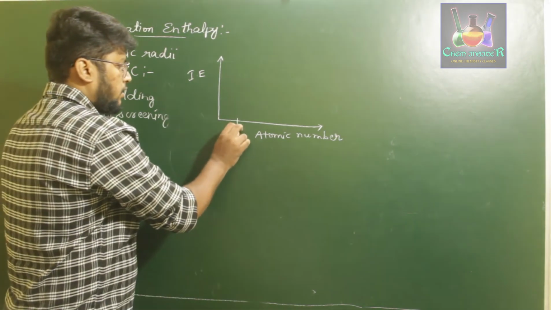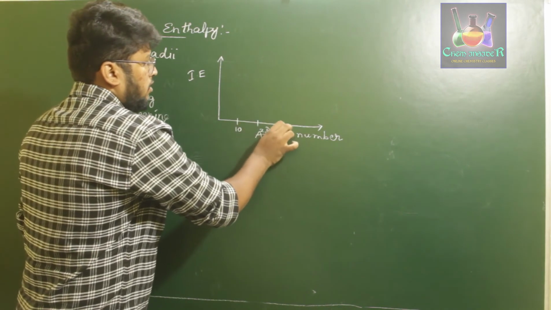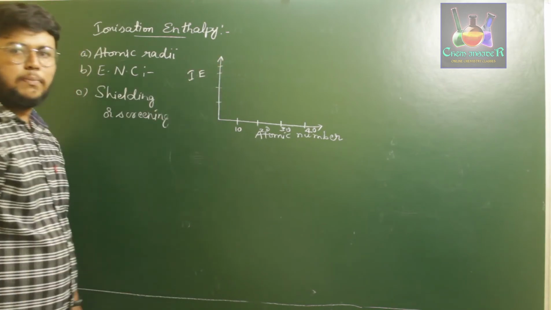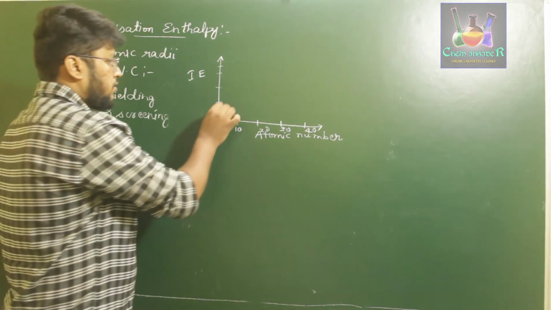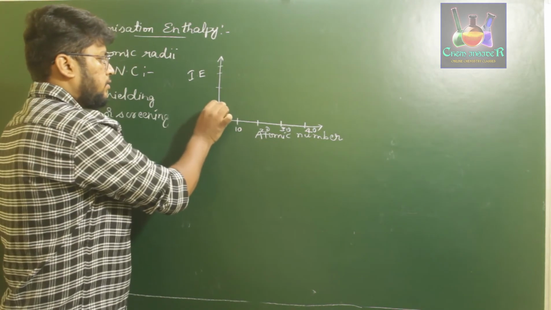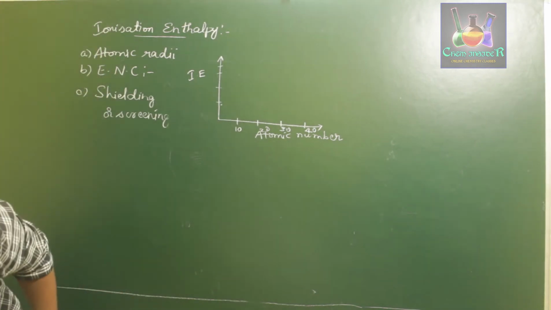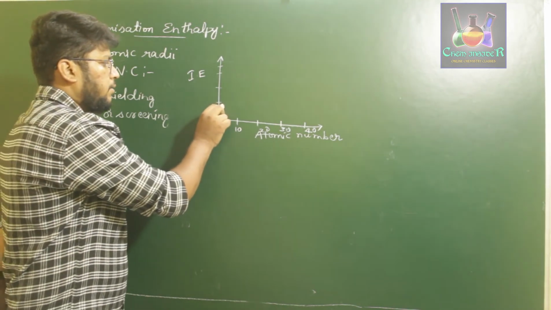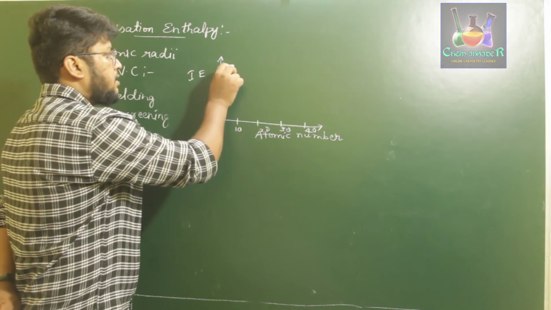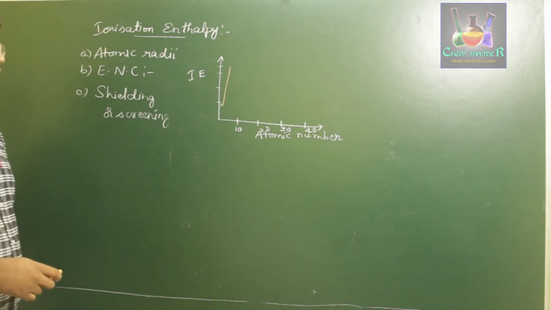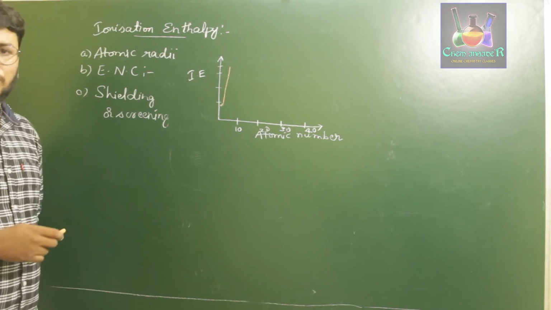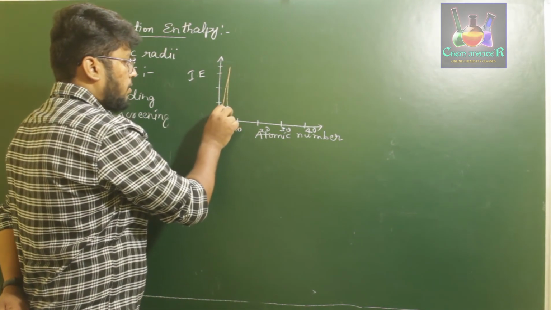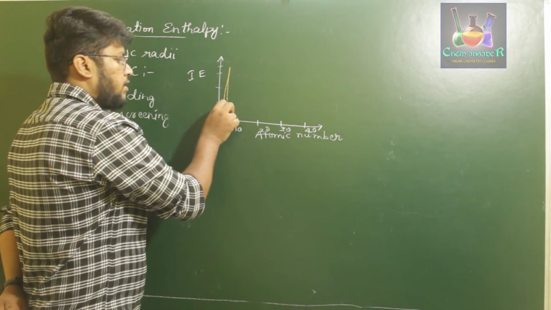Okay, so let us say this is for 10, 20, 30, 40 and ionization enthalpy of certain variable ranges. What happens is the ionization enthalpy of hydrogen is very less. Okay, somewhere around here, ionization enthalpy of hydrogen. Let us mark it with a different color. Okay, so ionization enthalpy of hydrogen will be somewhere over here, and that of helium will be very high, because helium has a very stable electronic configuration of 1s2. Similarly, when we come across sodium, it will be less, lithium it will be less, and we observe certain change.